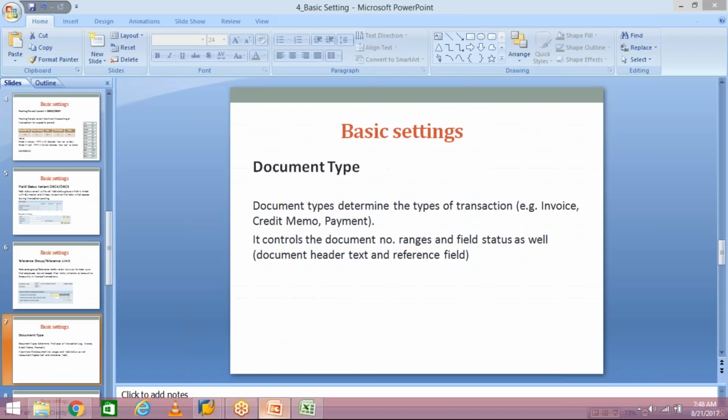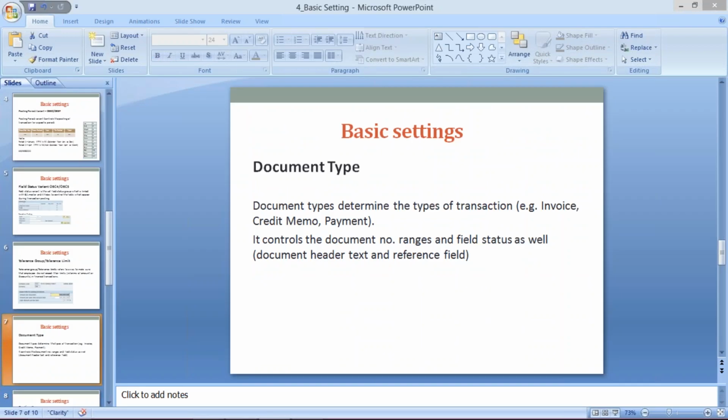So, the second use of document type is that it controls the document number range and field status as well. Now, this is your interview question, guys. Whenever and wherever you go for an interview, there might be chances that people will ask, what do you mean by document type and what does it control? So simply you have to say that it determines the types of transactions, and it also controls the number range and field status. What is this field status and how it is going to control the number range, that I'll explain. But before that, I'll tell you,